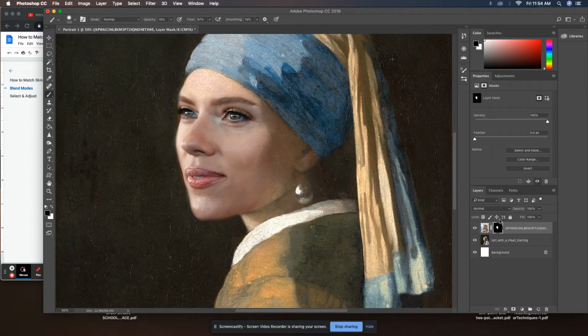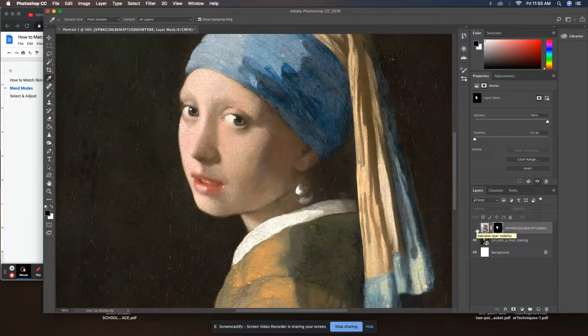Okay. So what I'm first going to do is I'm going to use my eyedropper tool. So my eyedropper tool is right over here on the left-hand side under the crop. And what this lets me do is it lets me essentially select a specific color I want. So right now I'm noticing that my model, my celebrity Scarlett Johansson, she's looking a little bit more pink in comparison to the yellow of the original painting underneath it. So what I'm actually going to do is I might just kind of go in with my tool and just sort of